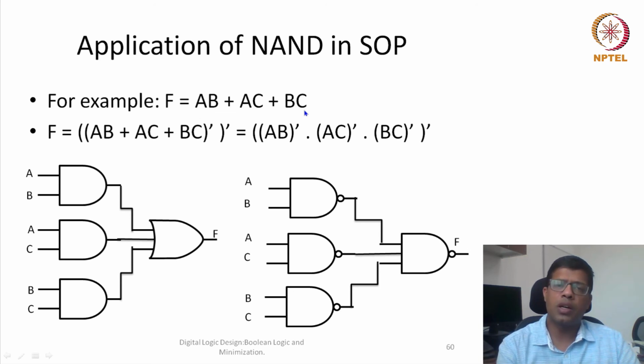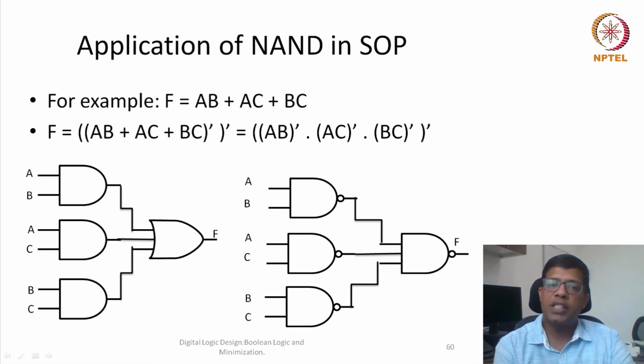Here you have only the uninverted inputs. What if there are some inverted inputs also, let's say AB dash or AC dash or A dash B dash? Here we assume, as per our previous definition, that the input literals are always available in both original form as well as inverted form. Given this simplification, we will always assume that, let's say, A dash is also available, B dash is also available, so they can all be connected to our NAND gates, and the output we can see as F.